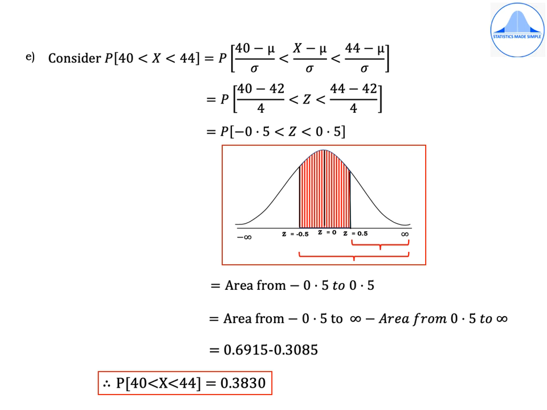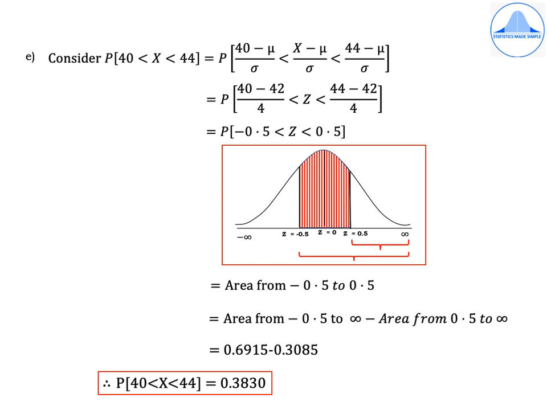Now whenever z is lying between two values, it's very important that you remember this. You have to shade only between those two values. So shade only between minus 0.5 and 0.5, like I have done in orange color. Now, whatever area you have shaded in orange, that you write it in words. So you'll get equal to area from minus 0.5 to 0.5.